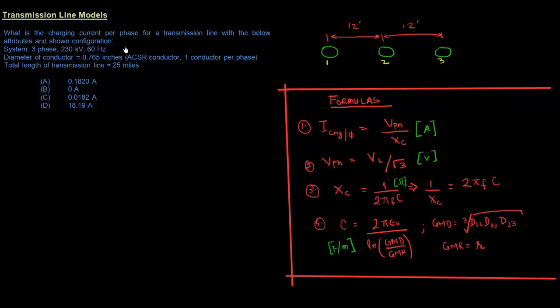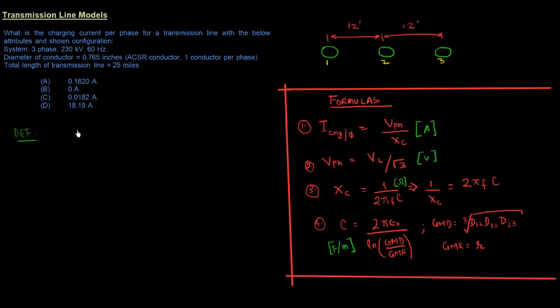Before I go into defining charging current and then solving the problem, let's just quickly look at the formulas that we'll be using here. So that's the formula for the charging current per phase. It's voltage per phase over the capacitive reactance. Voltage per phase we know is line to line voltage over root 3. This we know is the formula for capacitive reactance, 1 over 2 pi fC, where C is the capacitance and that's given by 2 pi epsilon naught over ln GMD over GMR. These are properties of the transmission line. That's where the configuration comes into play, and we'll go into that once we start doing the solution for the problem. Let's though begin by defining what